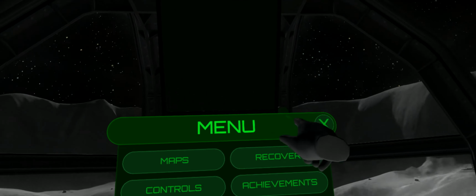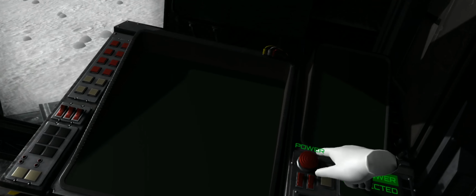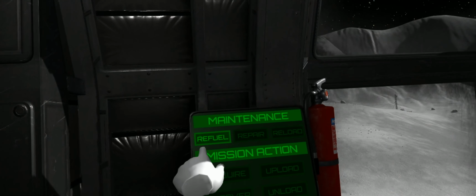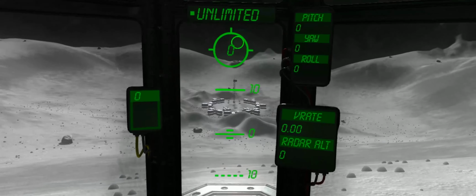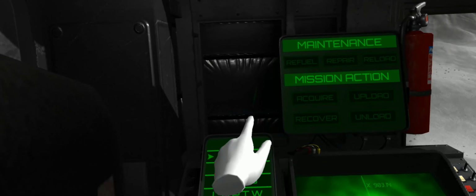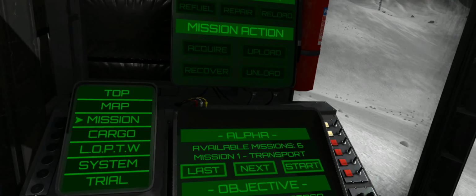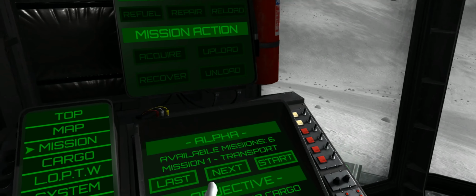Okay, so let's get started. Now, you press the power button over here to turn things on. Now, I can refuel like this. I'm just going to reposition. There we are. Okay, so to start missions, we press the missions tab over here,